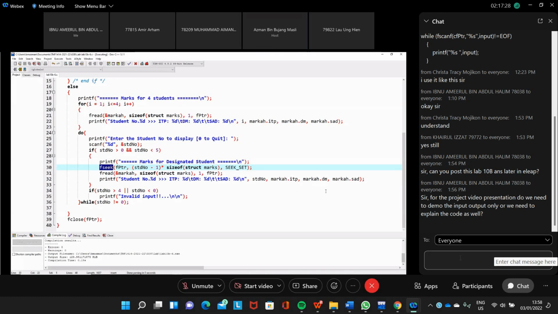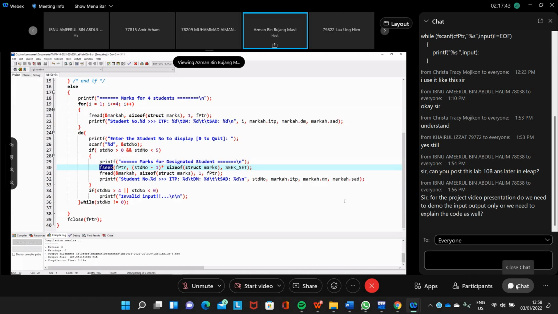For the project video presentation, do we need to demo the input and output only, or do we need to explain the code as well? It's up to you. If you think explaining the code will make your presentation better, then you can explain the code. But if you think explaining the code is just wasting time because no one can understand your code, then you can explain the input and output.